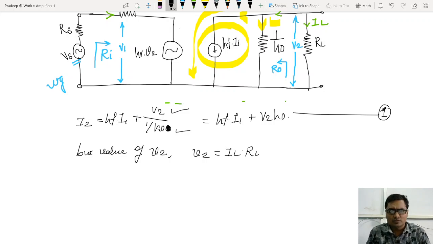So can I write V2 is equal to minus I2 multiplied by RL? Yes, I can write this, because IL is equal to minus I2. So now can I put this value of V2